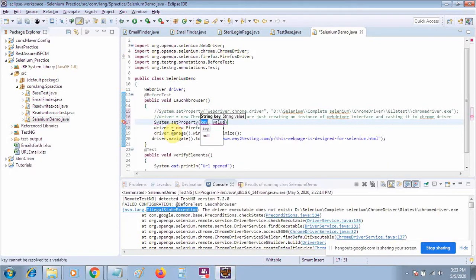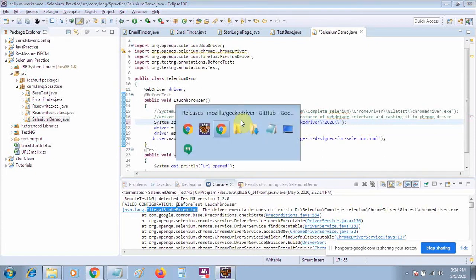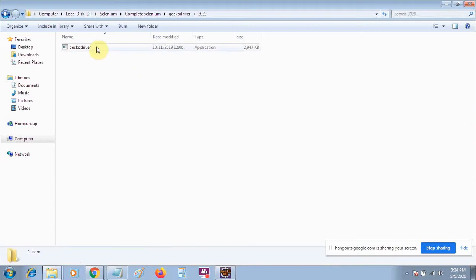This initial part is very important, because whenever you go to any company or organization, most of the time you will get a laptop and you have to configure it by yourself, because nobody is going to help you in most cases. So you must know how to configure Eclipse, Selenium, TestNG, Maven, browser. It is a very important thing. That's why I'm taking much more time on all these things.